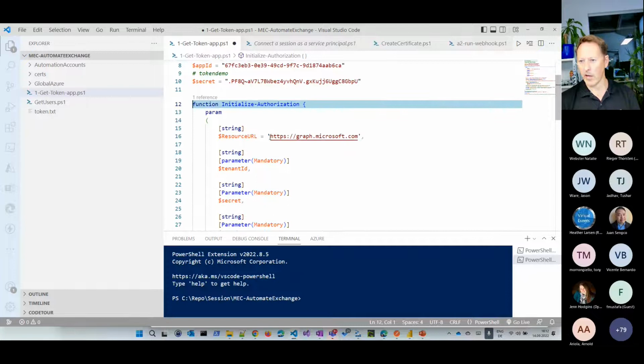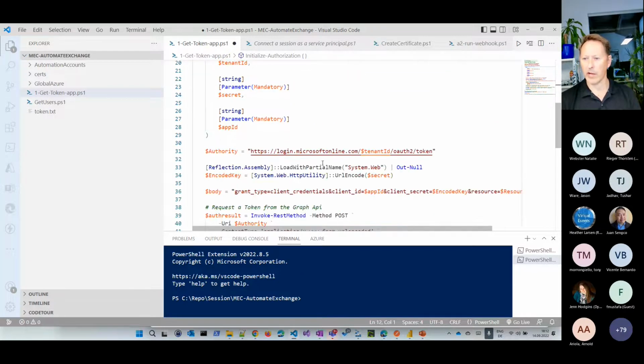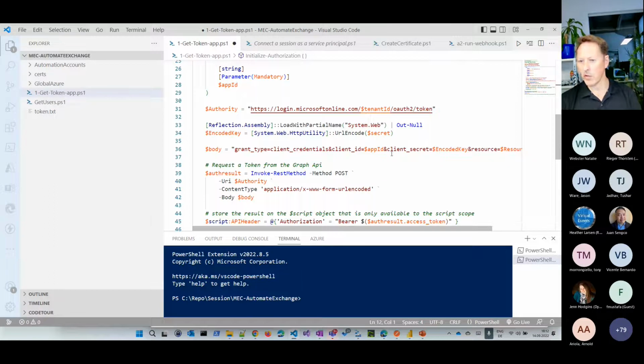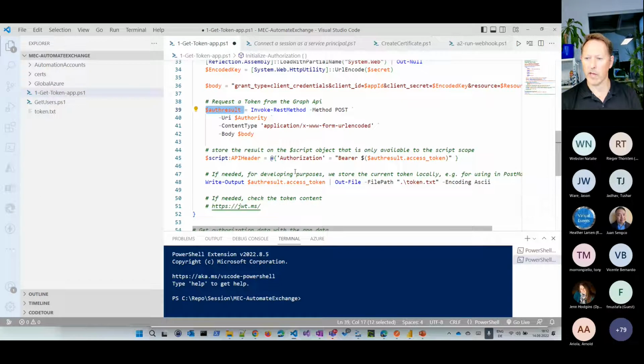I want to have access to Microsoft Graph, and here's my login process. That's where I get my token here for that tenant, and then I simply ask for the token which I get here with the authorization result, and say, okay, this is now my authorization, which I can use to do something in that tenant here.